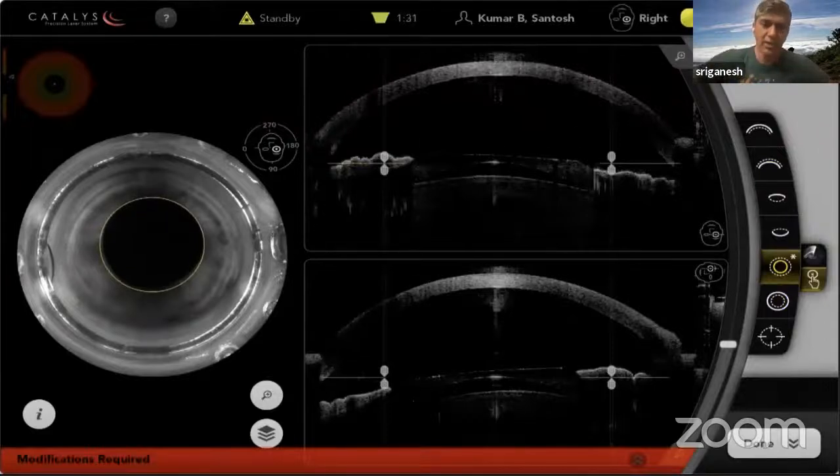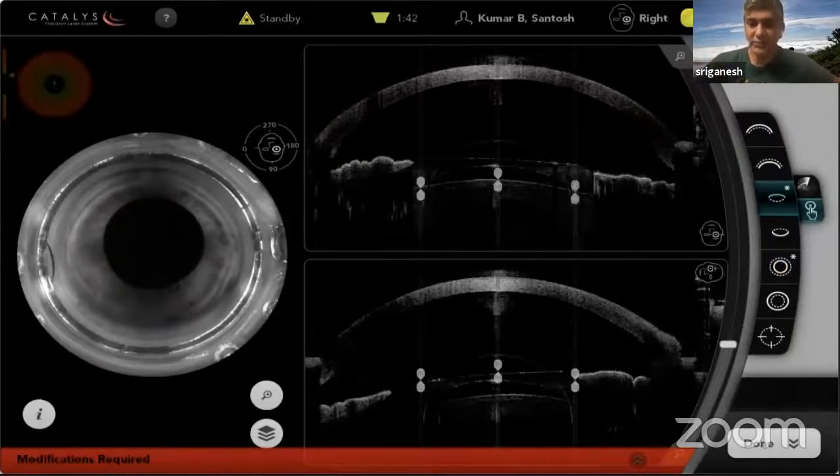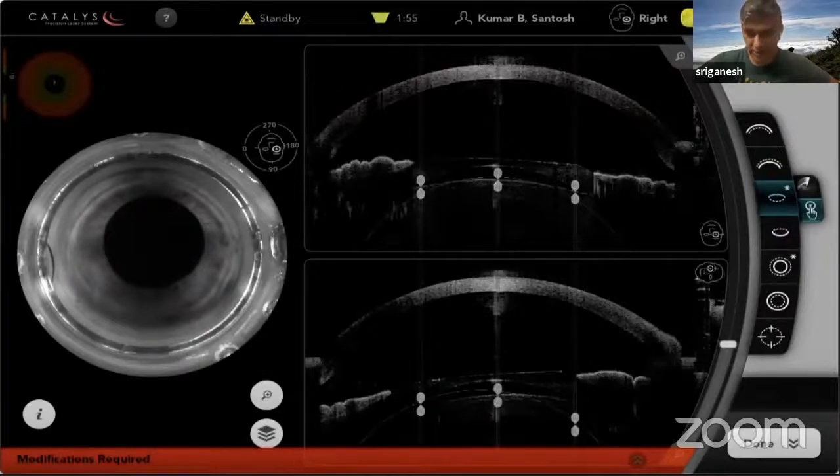You set the pupil margins, and then even the anterior surface has to be shifted down from the anterior surface of the ICL to the anterior surface of the crystalline lens, the cataract. So this is what I am doing here. If you don't do that, then it will incise the phakic IOL. So once you set it in both meridians and confirm that it is okay,